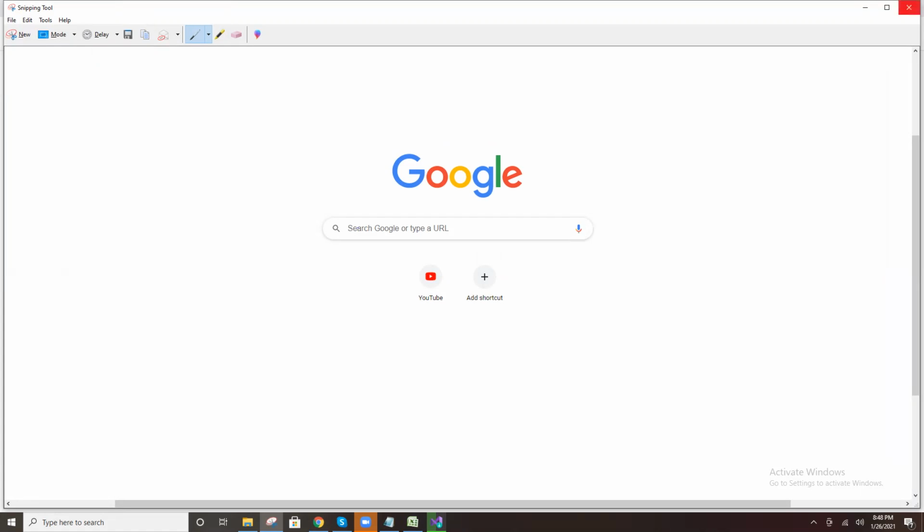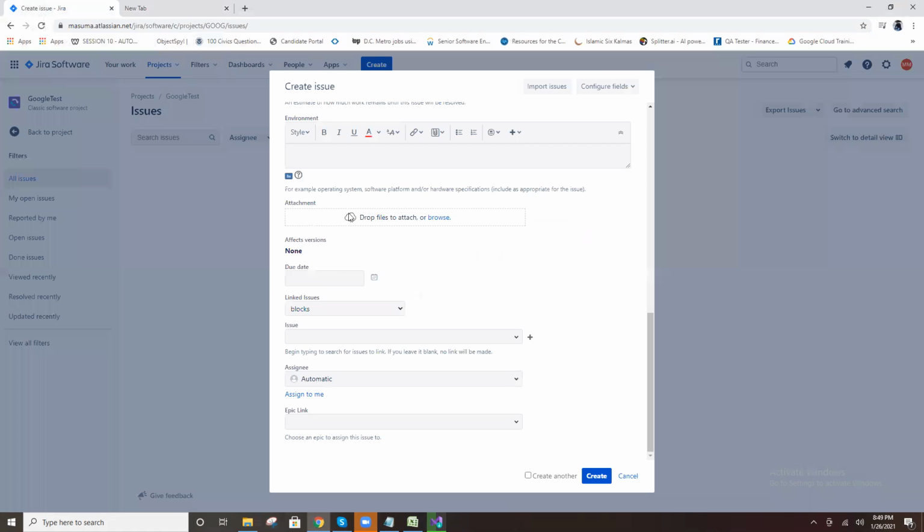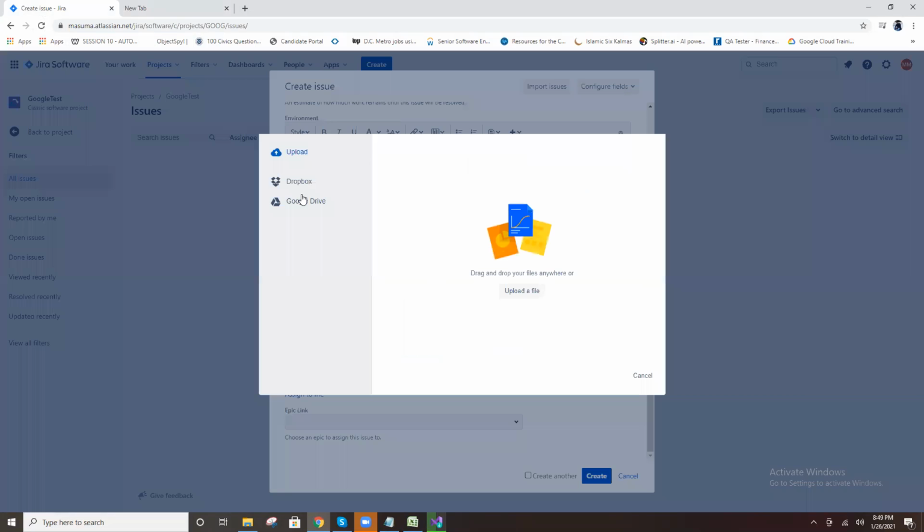Okay, desktop manual testing, right? Go to Eclipse, this Chrome software. Here, browse the file. Drag and drop or browse.